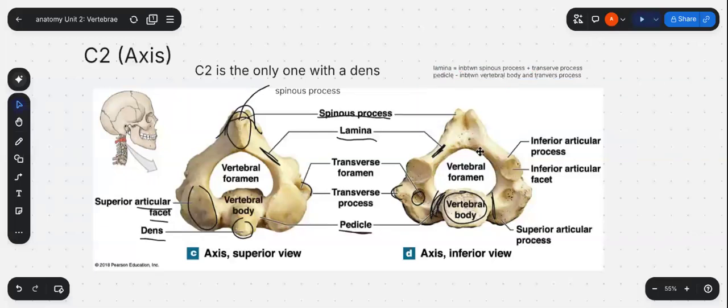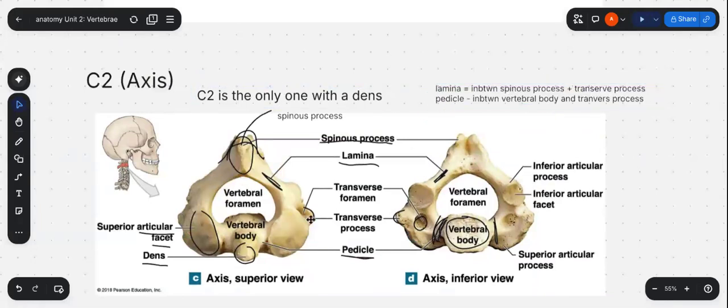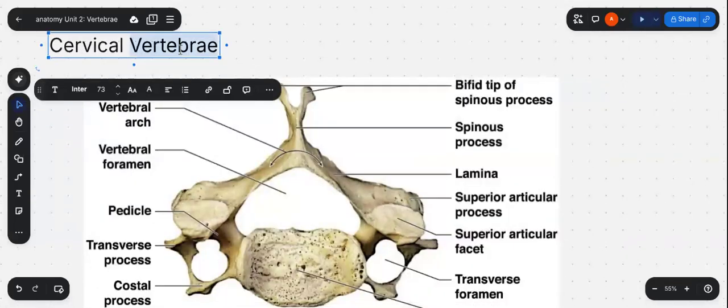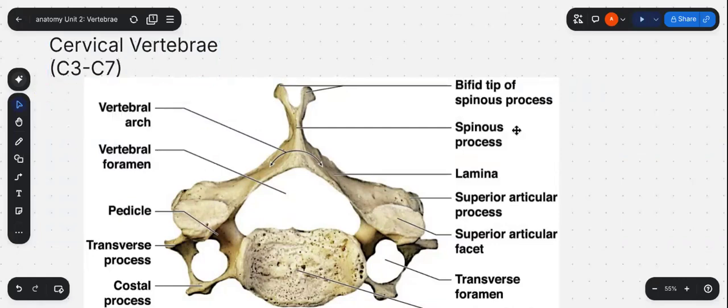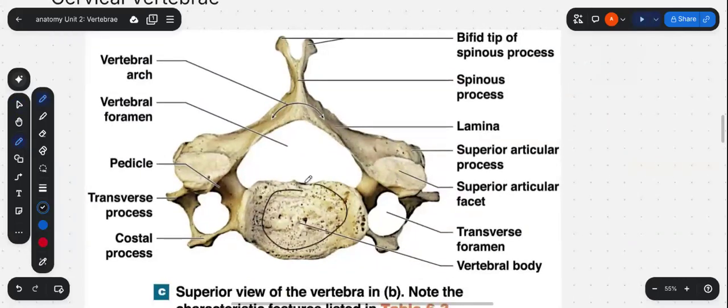All right. Now, we're going to go on to what all of the other cervical vertebrae look like. So, the rest of these cervical vertebrae are basically going to be C3 to C7. So, again, you have lots of the same stuff. You have your vertebral body over here, your transverse processes, transverse foramen, your vertebral foramen, the spinous process, your articular